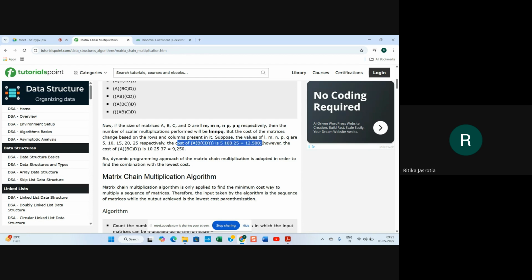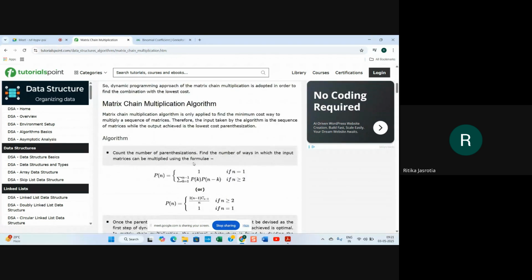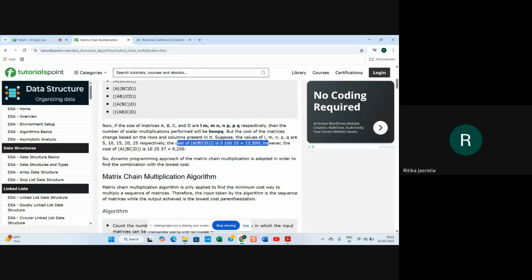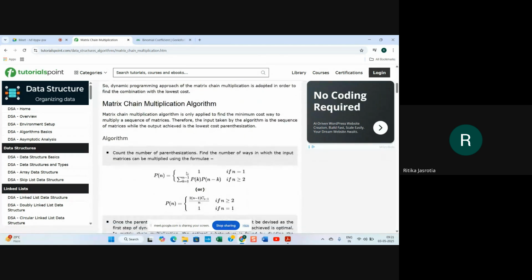Let us see what ahead of that is how they are calculating it. According to the algorithm, the dynamic programming approach of matrix chain multiplication is adopted in order to find the combination with the lowest cost. So we will be going for the lowest cost. The matrix chain multiplication algorithm is only applied to find the minimum cost way to multiply a sequence of matrices. Therefore, the input taken by the algorithm is a sequence of matrices, while the output achieved is the lowest cost